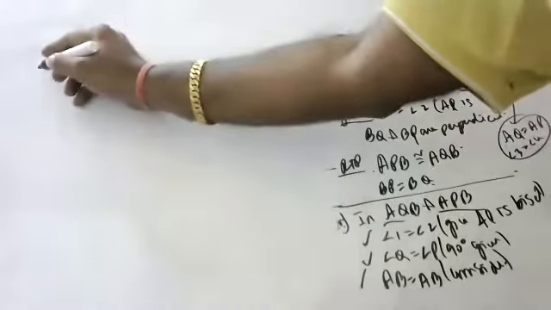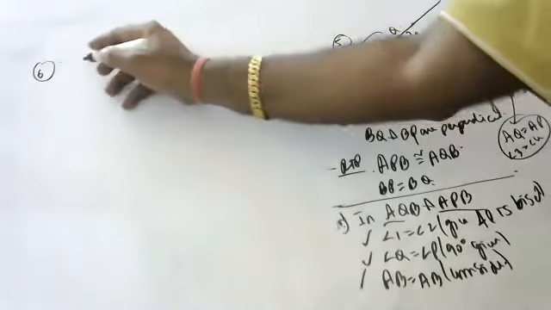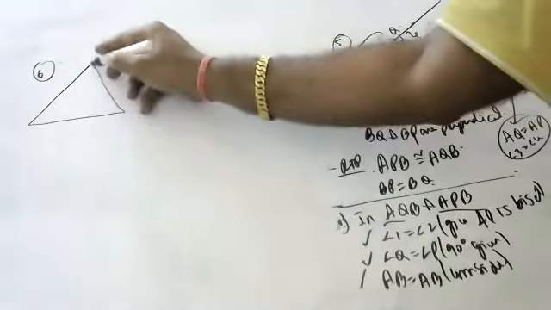Now the most important questions are coming, children. The next three questions are continuously very important, because we will take a common angle between them. Very important. Please pay attention, children. Sixth question. What they said means, children, they have given one triangle like this,